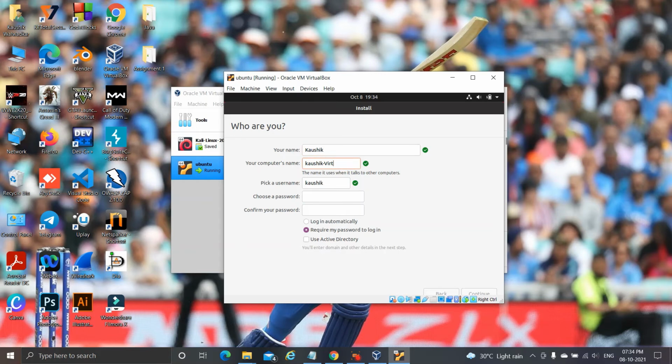It will ask for your username also. Here we have to choose our password. Just choose your password and click on continue.